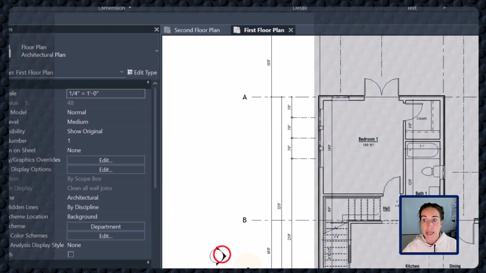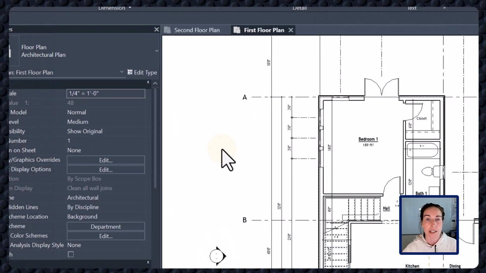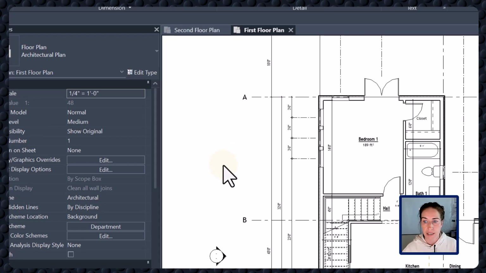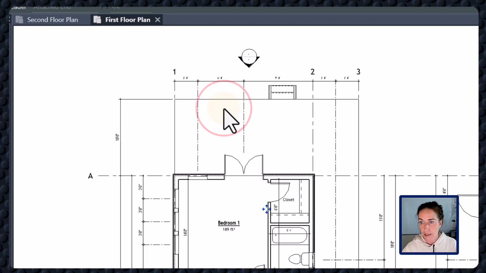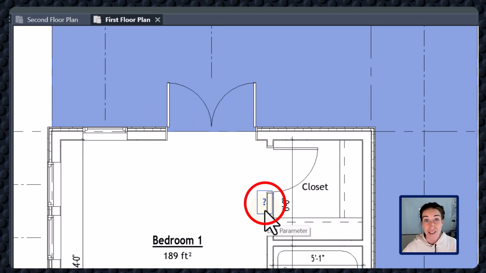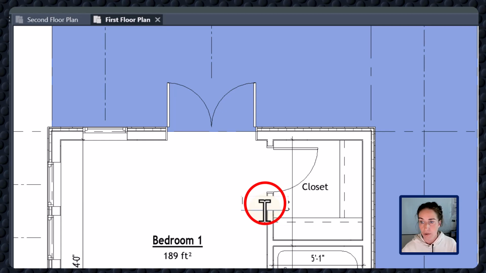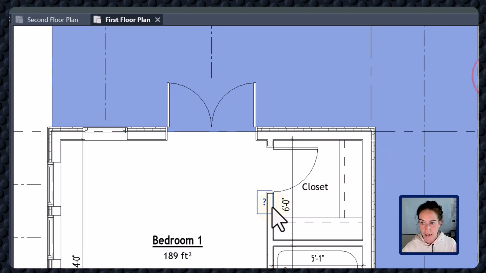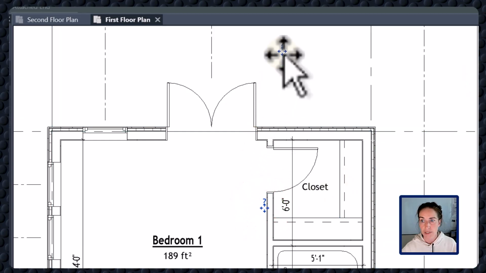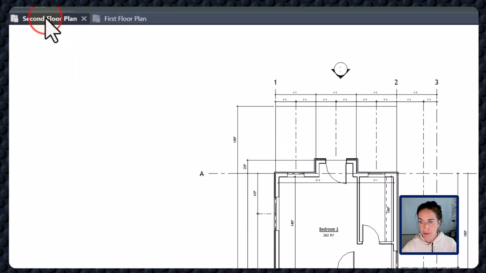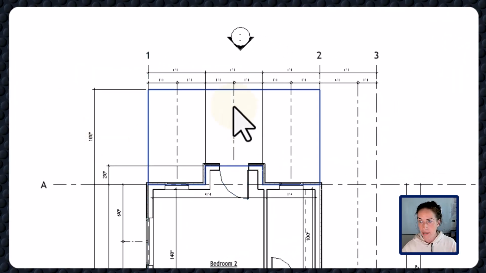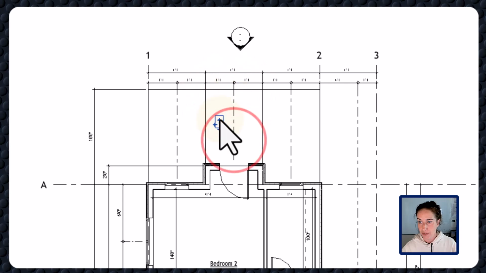I'll say OK. Now that I have a custom shortcut assigned to my custom multi-category tag, I'll type MT and click on my back deck. Because this back deck is a little irregular, the tag is a little hard to find. It'll be somewhere near the center of the shape. Once I find the associated tag, I select it and then move the tag to an area where it'll be more readable. I'll go to my second floor plan and type MT to complete my tags for the remaining decks